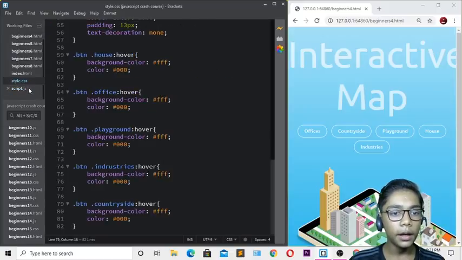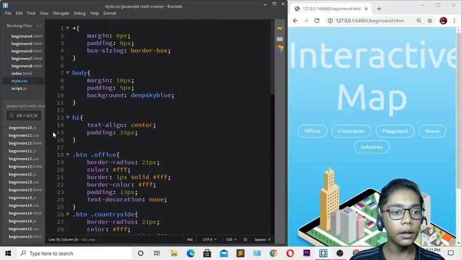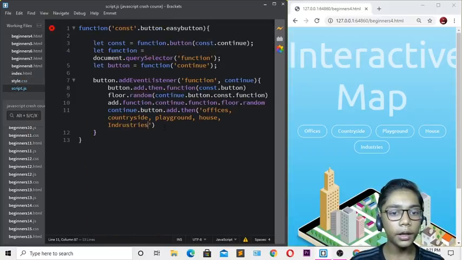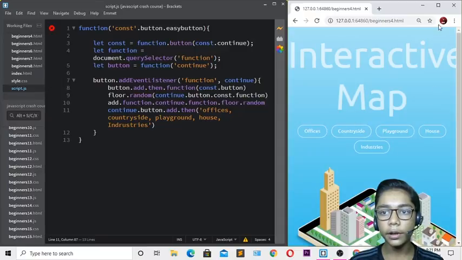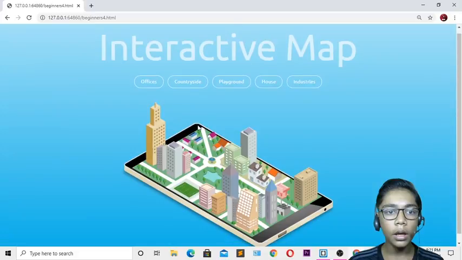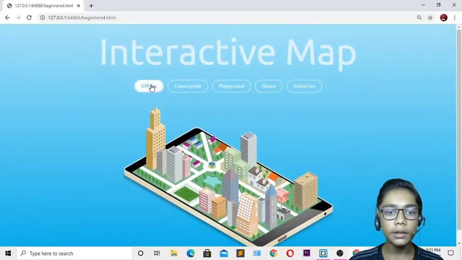Okay, over here you can see the style, that styling, then the script. I will go to the script, and over here you can see we have done that. I will hit refresh. So over here you can see it is working. If I open that and show you in full screen, you can see our interactive map is now ready. We were only showing the HTML and CSS, and you cannot see the JavaScript because it works in the backend. When you hit refresh, you will see all the JavaScript which we have done over here in the backend.